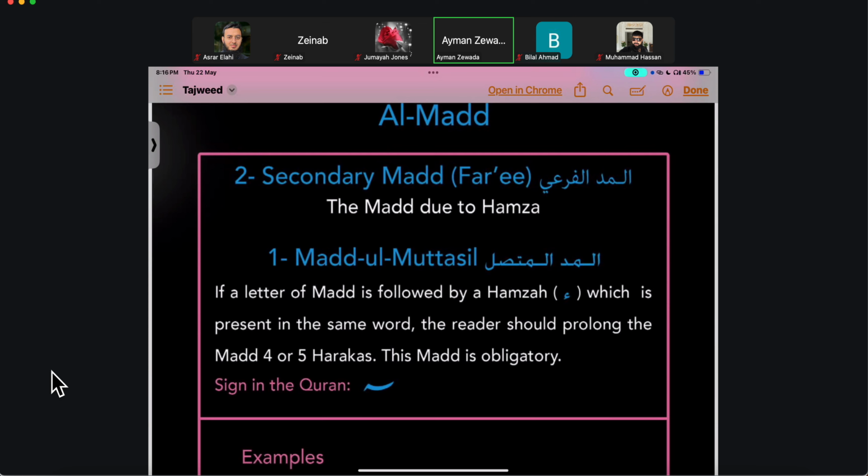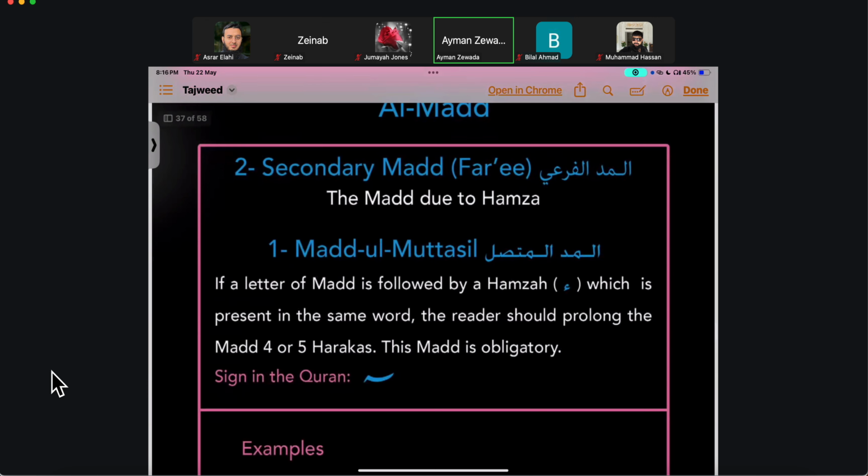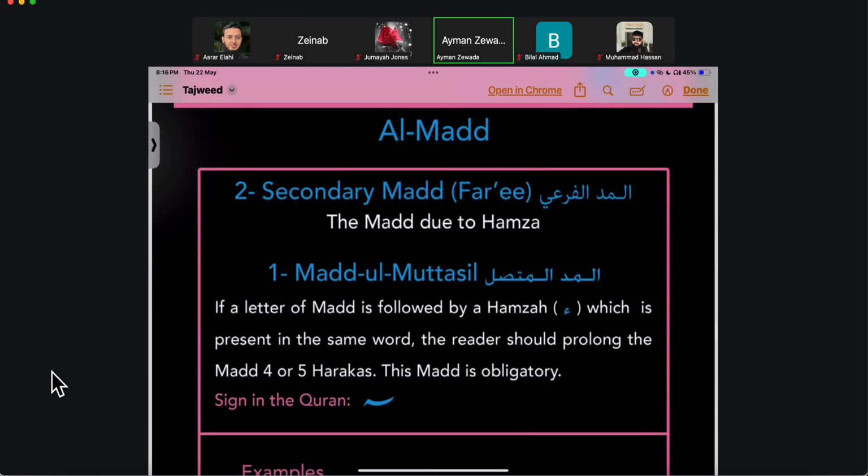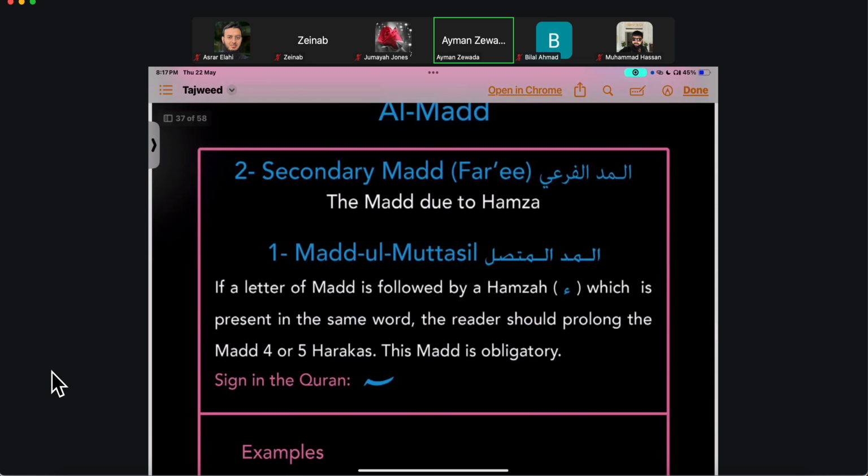Now, every person is going to be different. Someone's haraka might be shorter than someone else's, and someone can be longer than someone else's. That's normal. That's how it works. There is a bit of range with the med. The main thing is you as a reader, you as a qari, should keep it consistent. So when you do 2 harakas in one instance, and then in another instance you do 4 harakas, they have to be exactly double because you're using the same unit of measurement for yourself. But you can't be alternating the length of your haraka. Does everyone understand what I mean there?